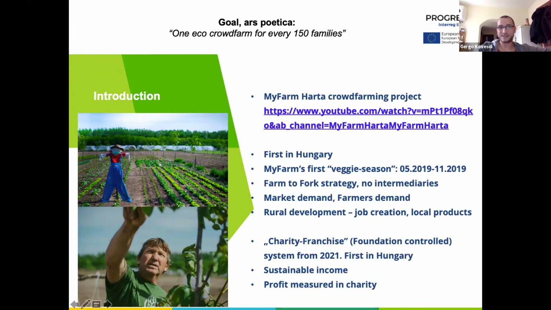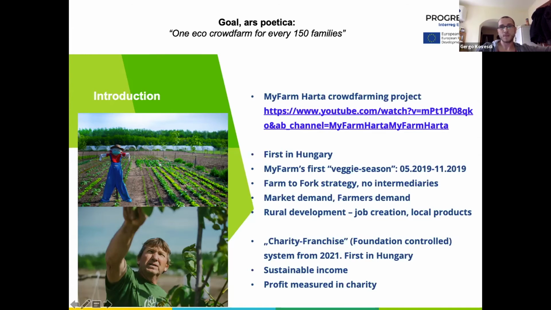After the second season, we realized that we are not able to grow further if we want to keep it a fully chemical-free and family-controlled garden. So we decided, for the first time in Hungary in the crowd farming system, to expand our goal and to involve some new farmers in a franchise way to our